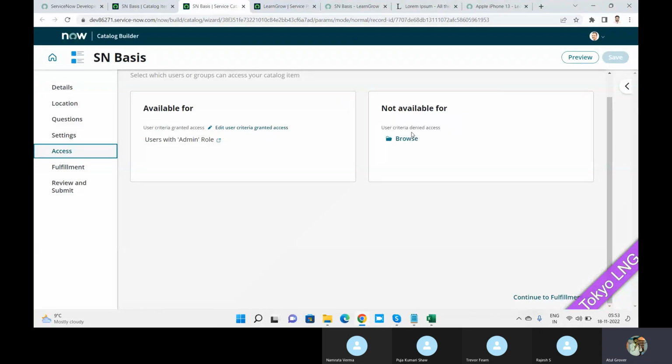Now, not available for means who cannot see. If you want to mention, you can mention. So in this case, if you mention here, only the users of this role can see. Here the important point is that if you did not